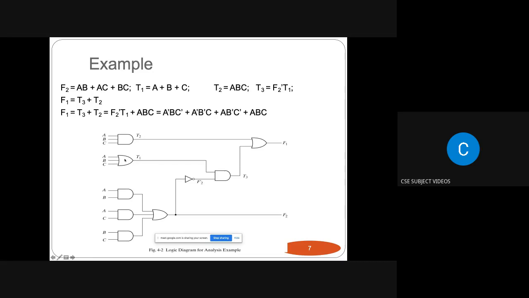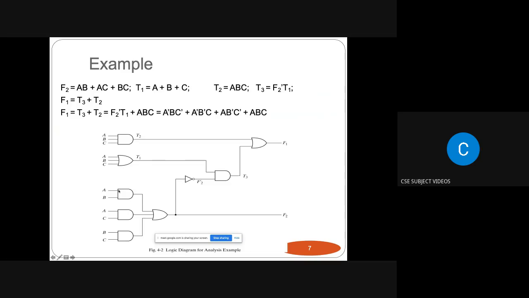For the OR gate expression, T1 is equal to A plus B plus C. And here, if we need, we can use temporary variables T4, T5, T6 and so on. Otherwise, we can write the expression directly, and say the output of this OR gate is the combination of the three